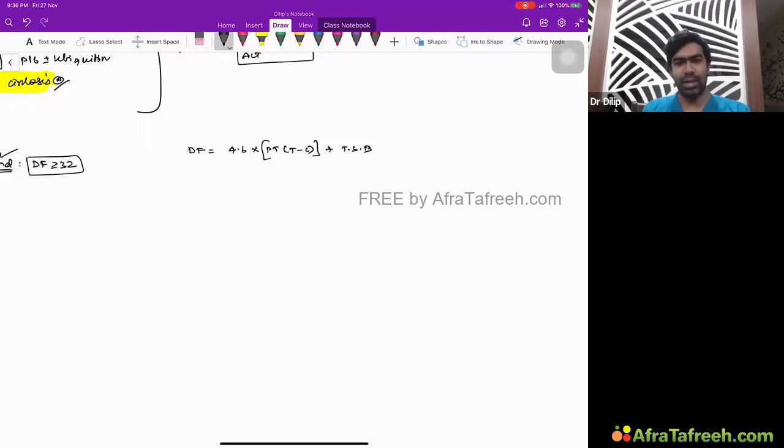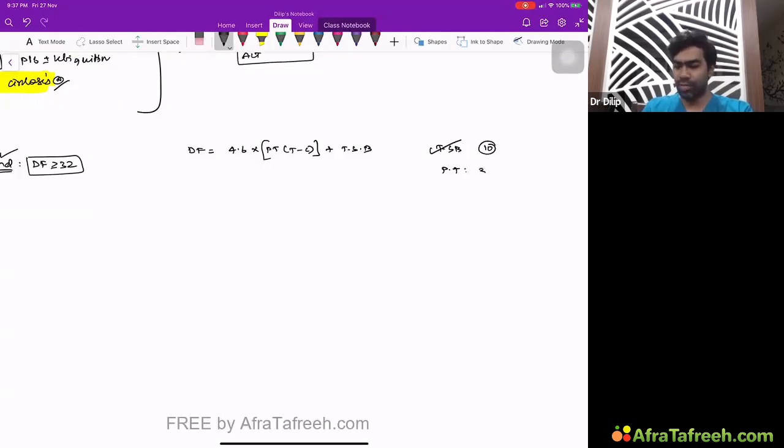So let us see an example of how to calculate discriminant function. Let us assume a patient's total serum bilirubin is 10, and the prothrombin time is maybe 35 seconds, the test value, and the control value is 28 seconds. I'm telling a real life example. Now calculate the Maddrey discriminant function.